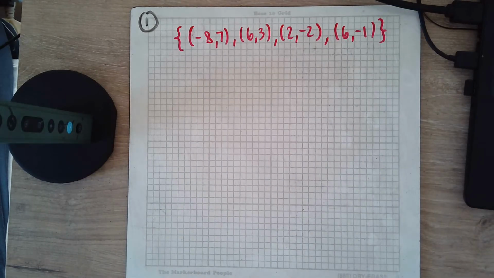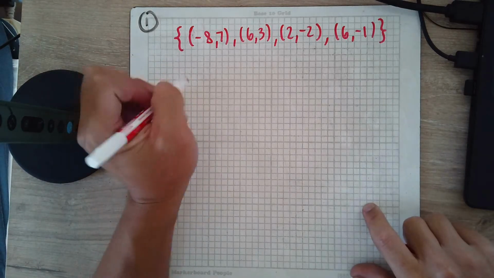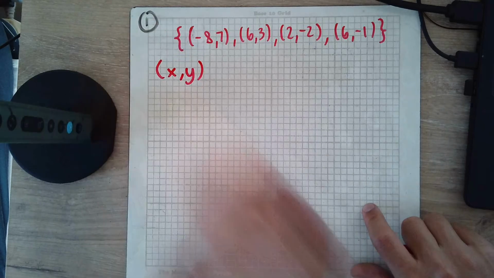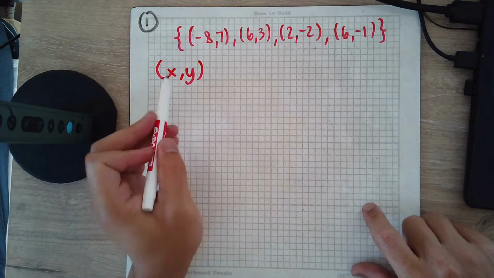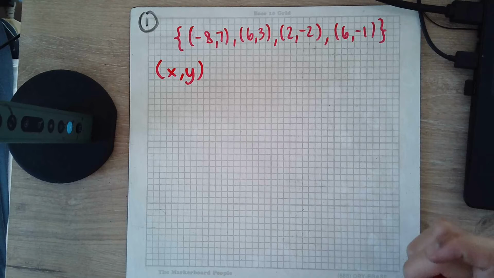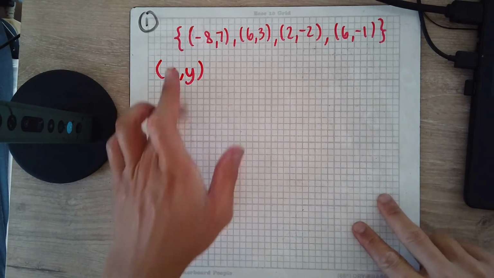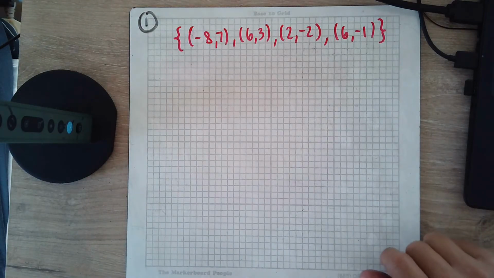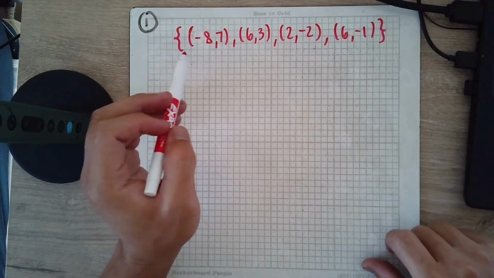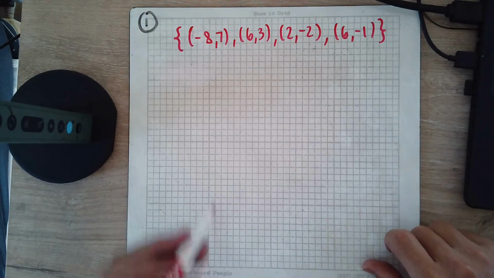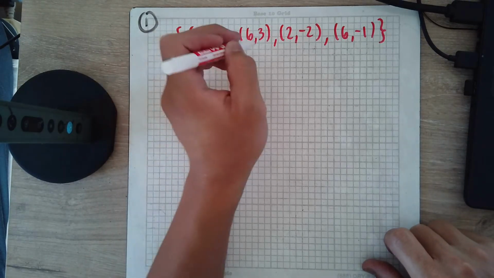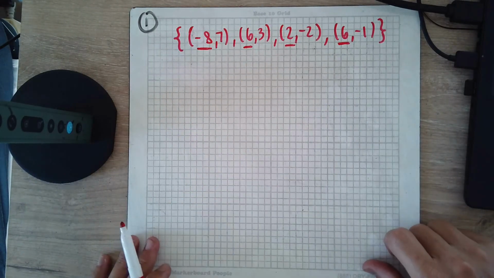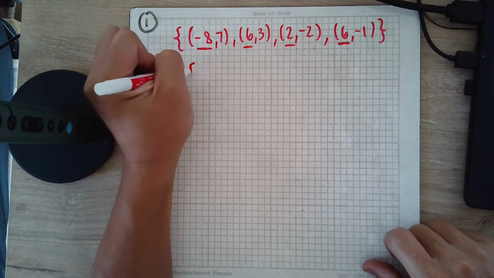So our domain, so all of our x values, if you remember, if we have a coordinate point, that's just x comma y. This is our input, and then this is our output. So all of our x values, or our domain, is going to be, well, I need to enter this from least to greatest. So all of my x's are -8, 6, 2, and 6. So entering that from least to greatest, I would just enter,